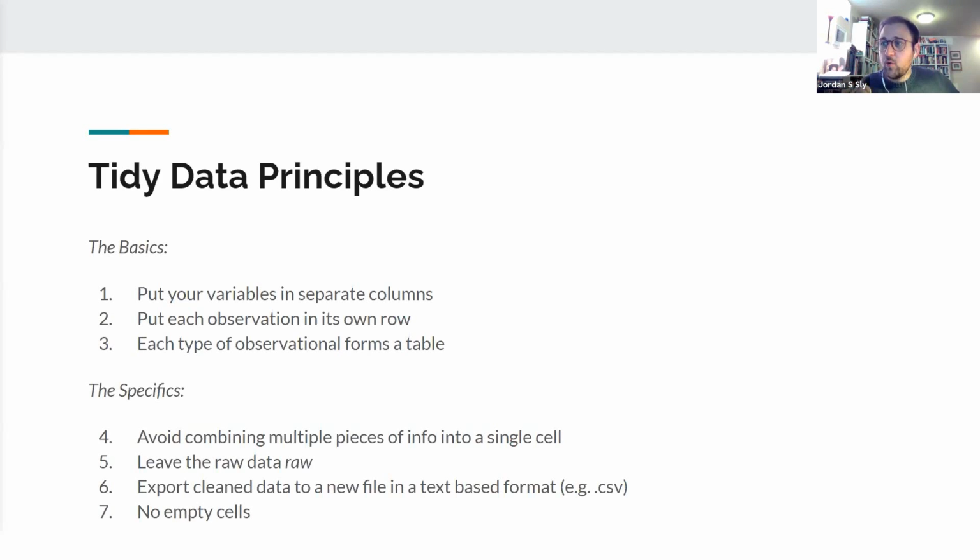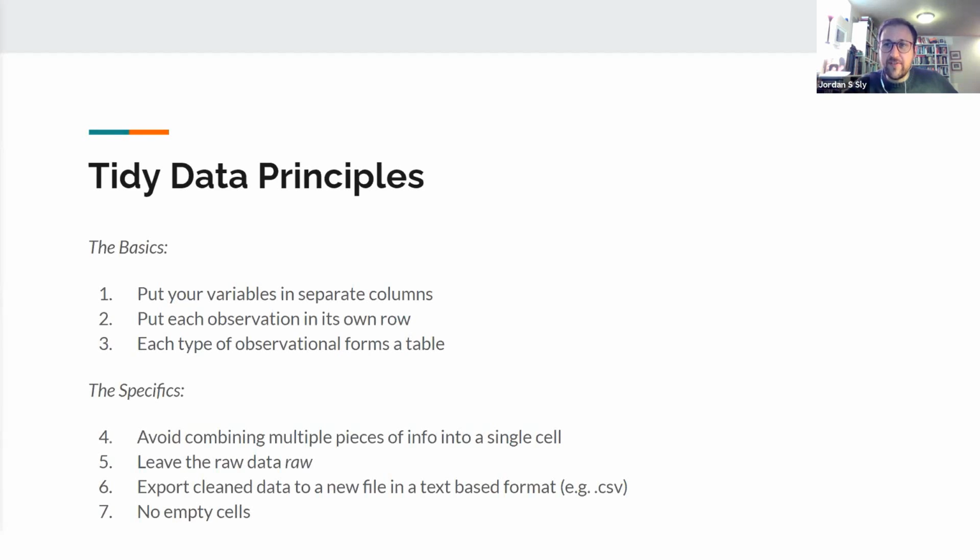And specifically, you want to avoid combining multiple pieces of information into one cell. That confuses the spreadsheets and more importantly, the analysis software that you're looking at later. By cramming too much into one spot, it disallows any sort of analysis that could really happen. Make sure to keep at least a version of raw data that exists so that you can go back if there are problems. Create more spreadsheets as opposed to combining spreadsheets, and try not to leave anything empty.